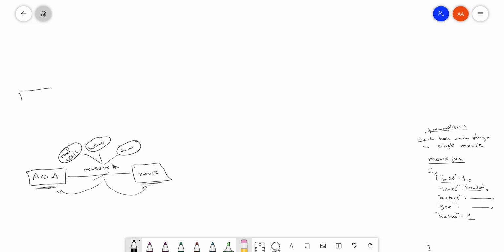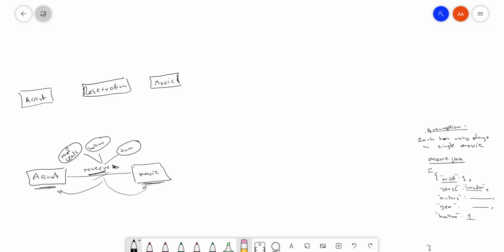So we would tackle this like this. We would say that we have an account and we have a reservation class, and I have converted that method into an association, this association name into an association class, and we have movie,